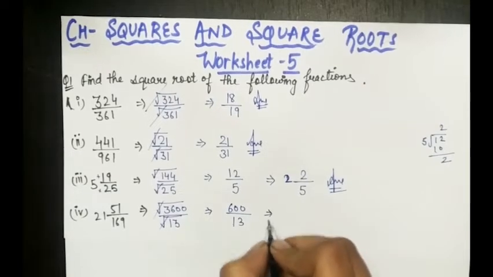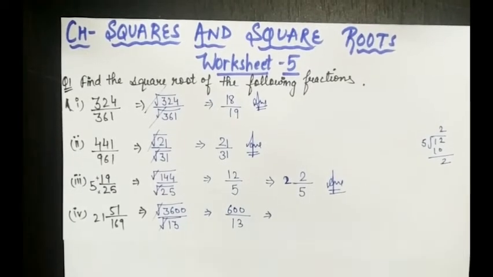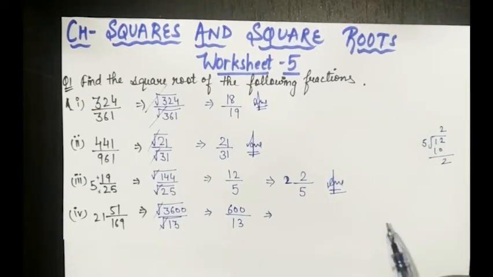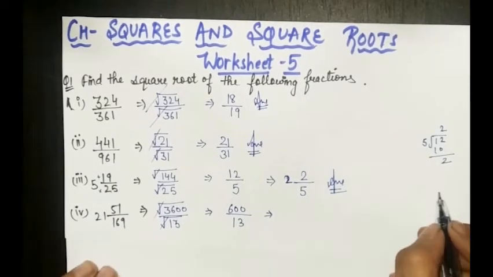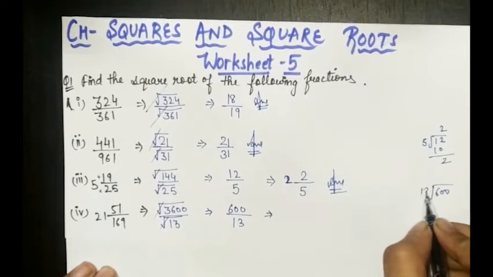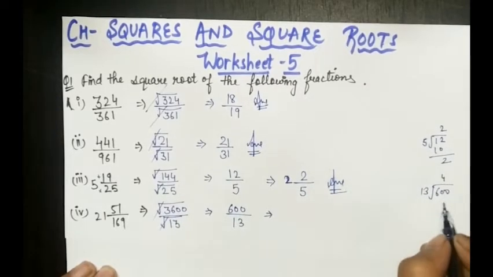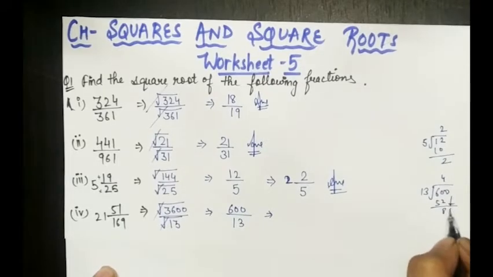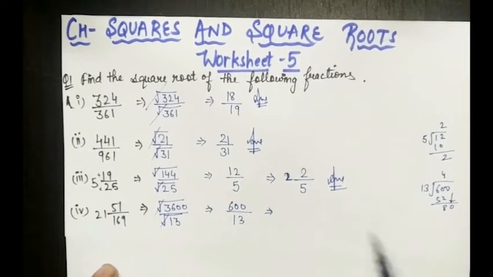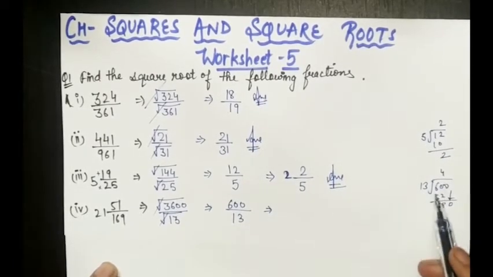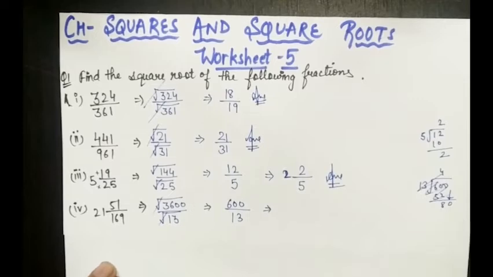Now you have to convert this into mixed fraction. How will you convert this into mixed fraction? Similarly in this way, I'm just writing here, I'm not solving like this. Here also, you can simply write 600 and divide 600 by 13. You will know that 4, then 52, that will be 8 and 80, and you all know that you can do it with this part only. So I'm not writing here.